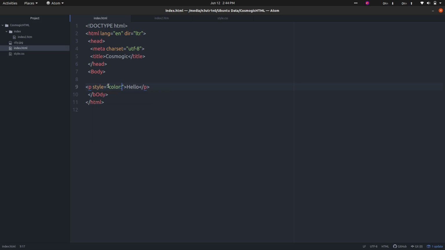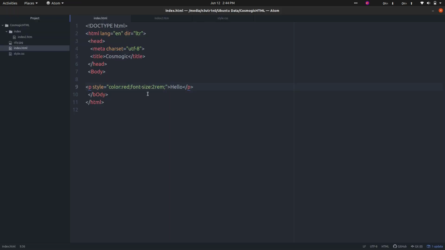I will give it the color red, which means the color of the text is red, and the font-size will be 2 rem. Okay, let us see in the browser. You can see the color of the text has changed to red and it is of a much bigger size. Let me increase the size more, 4 rem.